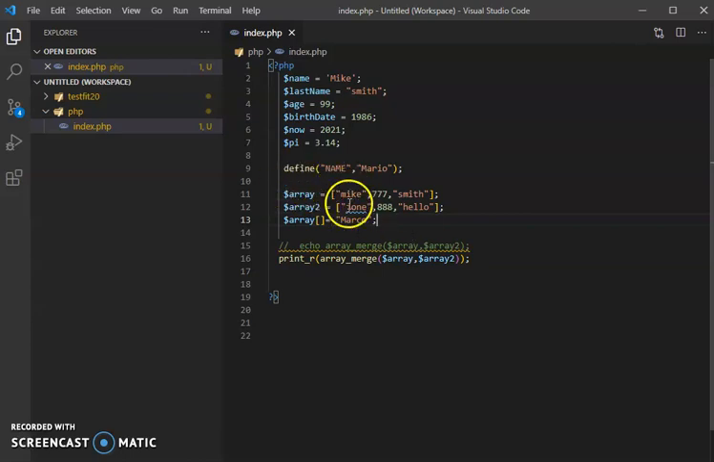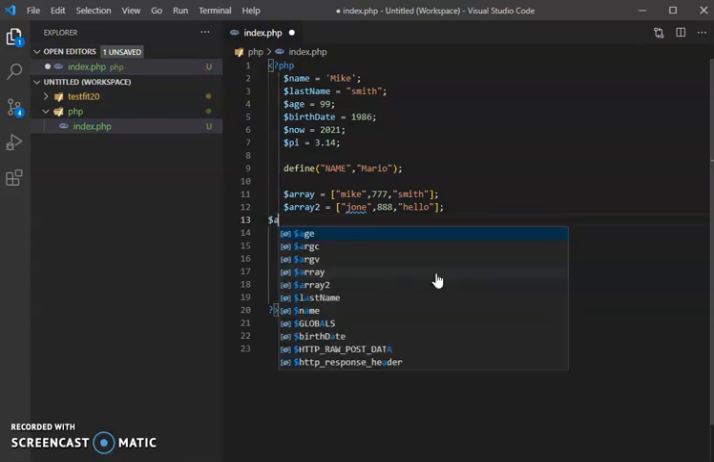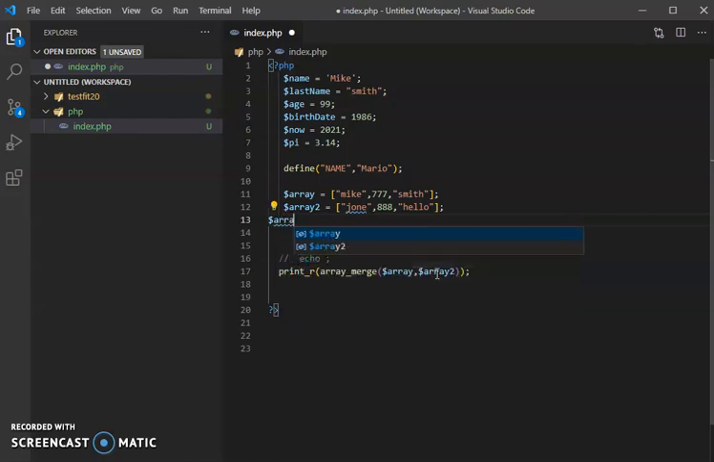So this is a normal array. Let's make a new array. We don't need the echo here. Let's say array 3, and it's equal to also